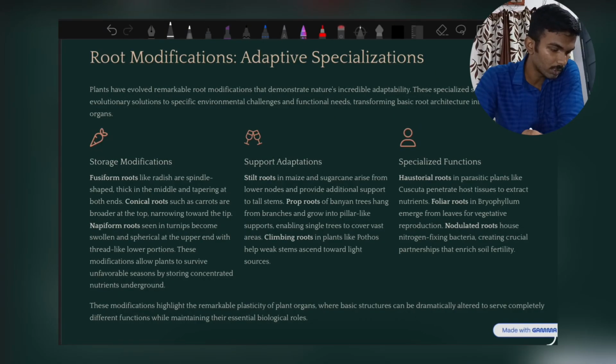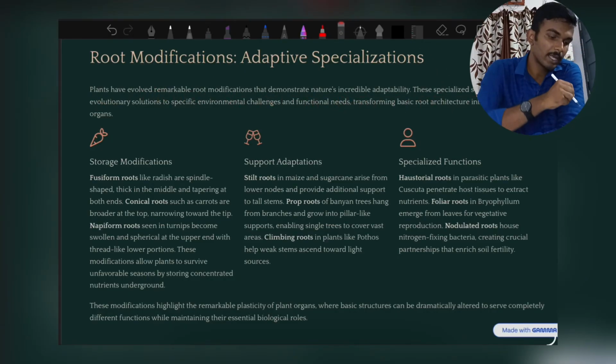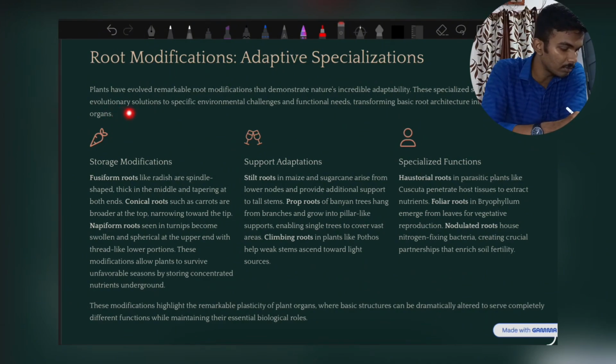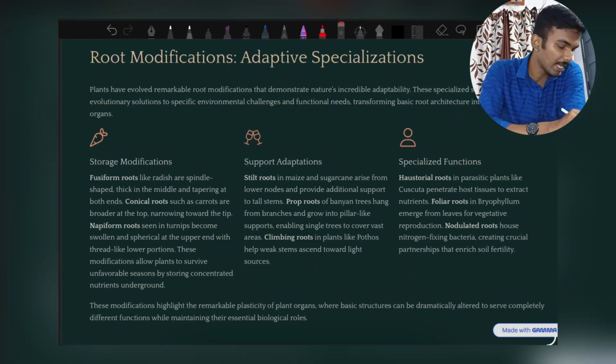Modification of root. Adaptive specializations. Plants have evolved remarkable root modifications, demonstrating nature's incredible adaptability. These specialized structures represent evolutionary solutions to specific environmental challenges and functional needs, transforming basic root architecture into highly specialized